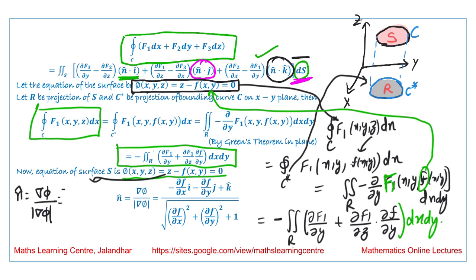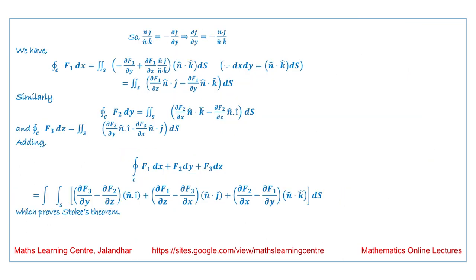The answer we get is minus curly f by curly x i cap, minus curly f by curly y j cap, plus k cap, and the mod of this whole value. And if we substitute these values, we obtain n cap dot j cap over n cap dot k cap, that is equal to minus curly f by curly y. So if we substitute this value in the given equation, we obtain the integration over c of f1 dx,